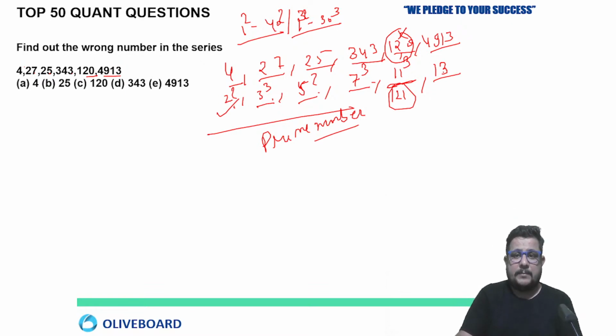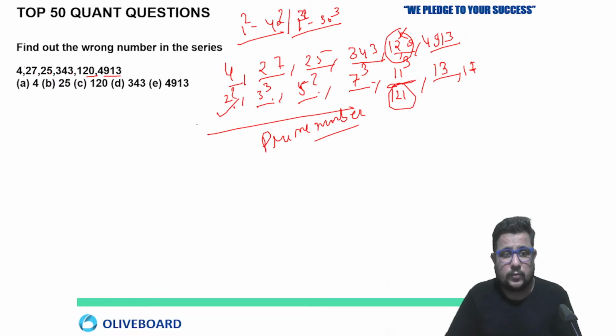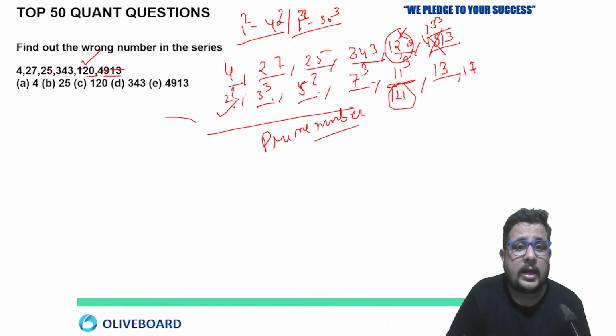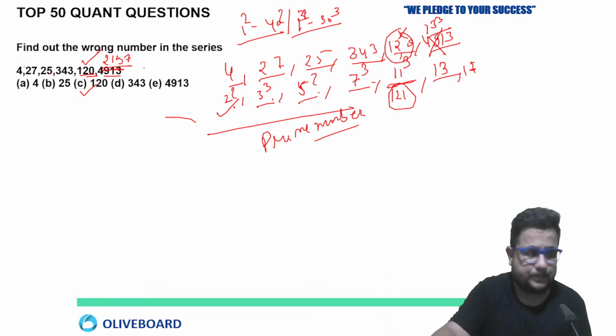After 11, there will be 13 or 17. Tell me. Okay, there is one more error I can see. 2, 3, 5, 7, 11. Then this is the cube of 17, but there must be 13 cube. So the answer is correct, 120, because by any rule all are perfect squares or cubes of some number, but 120 is not a square or cube. In this way also we can do it, but here it must be 2197, which is the cube of 13.